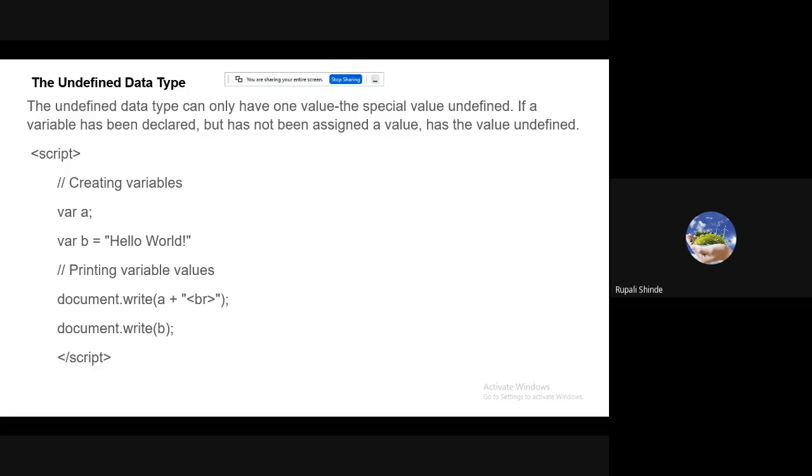Now here we have code where we create the variable a. We have one more variable b which has the value hello world, but a is empty. Then when we print a, it prints undefined because we have not assigned any value to the variable.